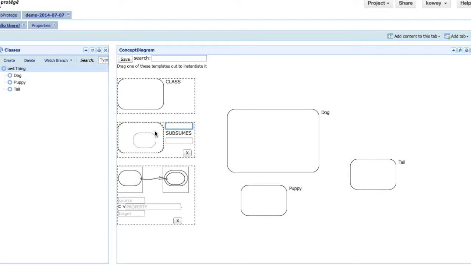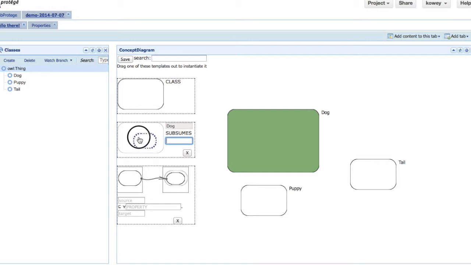So if I want to say that there is some kind of subsumption relationship, I first take this outer curve here, and I drag it over the canvas and snap it onto this dog curve, which is right here. And so now this subsumption pattern is locked down. It says, okay, it's going to be dog subsumes something. And this something I'm going to express by dragging this inner curve here out onto the canvas also and snapping